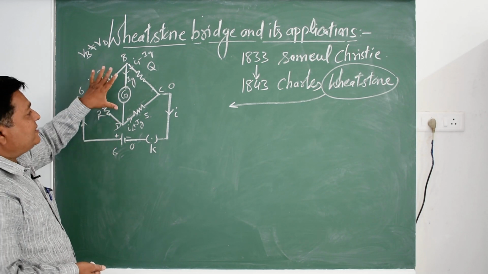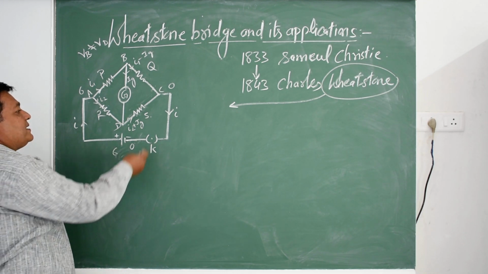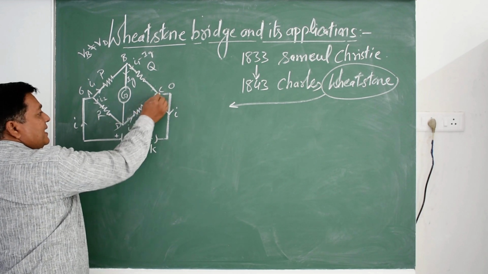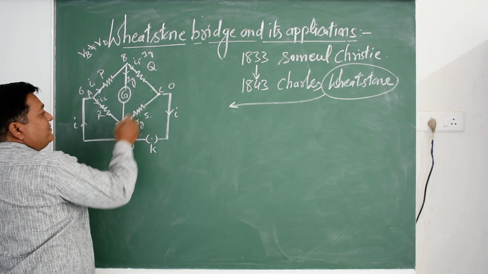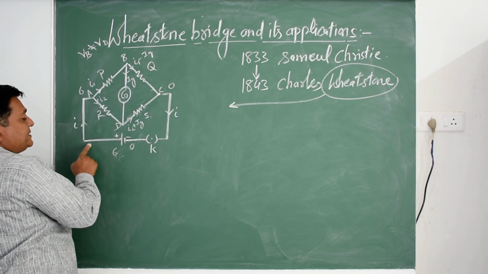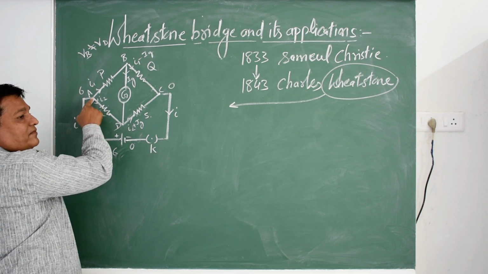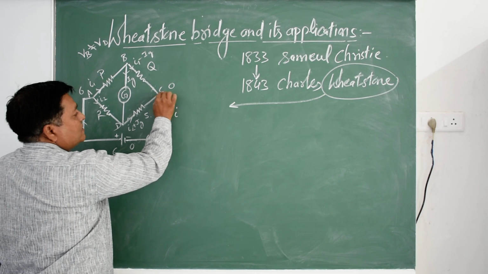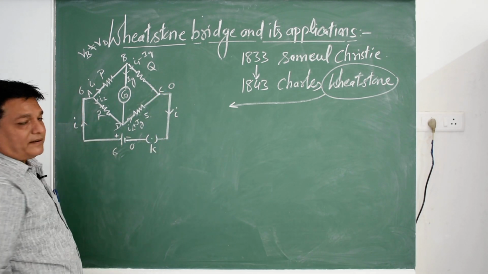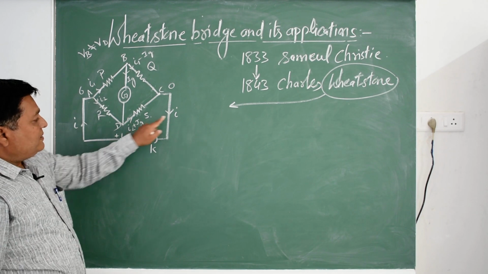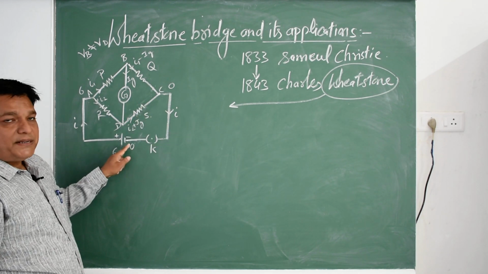After that, the remaining current will pass through these resistances, and at terminal C, if we add all the currents, we will get the same current which emerges from the battery. The current I reaching A, the same current should come out from C and enter the battery again. So this is the current I, reaching back to the battery here.